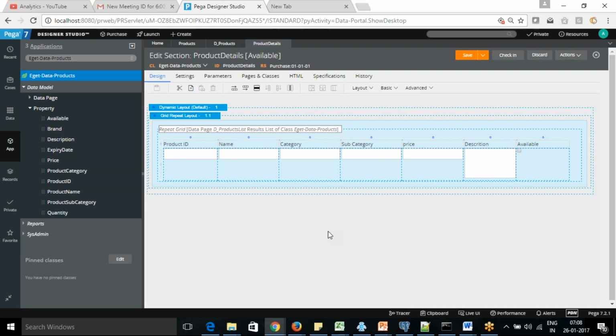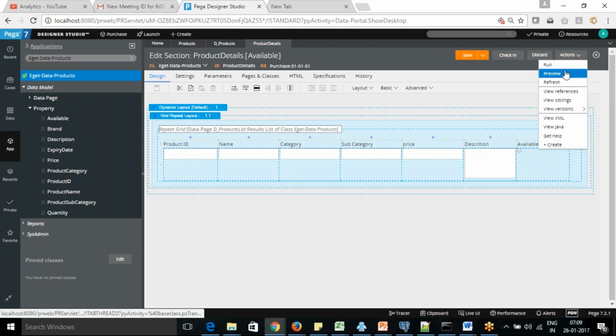You just put it in here once, and then say product detail list, data products, and then you put dot ID, dot name, dot category, dot subcategory, dot price, and it will show you everything in our list. So that's the way.